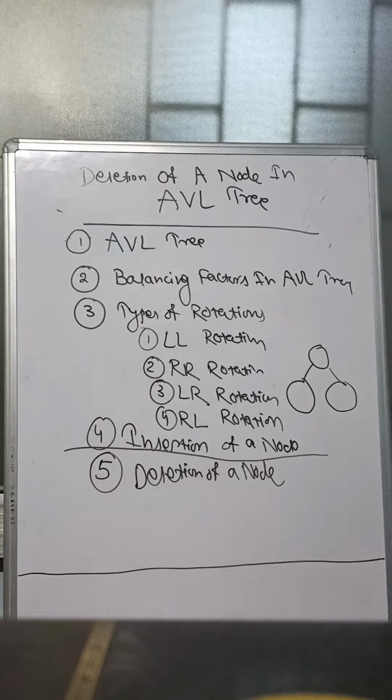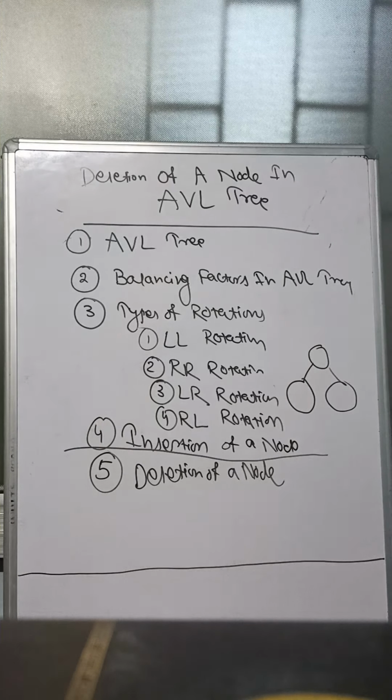Your question is delete 4, 6, 4, 8, then 8, then your 6, then 5, suppose, then 2, 1 and 7. Okay, so first I have to delete 4. Okay, where is the 4 present? Okay, this is your 4. So if this is a leaf node, it means its height is 0 and it does not have any child. Here 1 is your leaf node, 4 is your leaf node, 6 is your leaf node, 9 is your leaf node, and 11 is your leaf node.